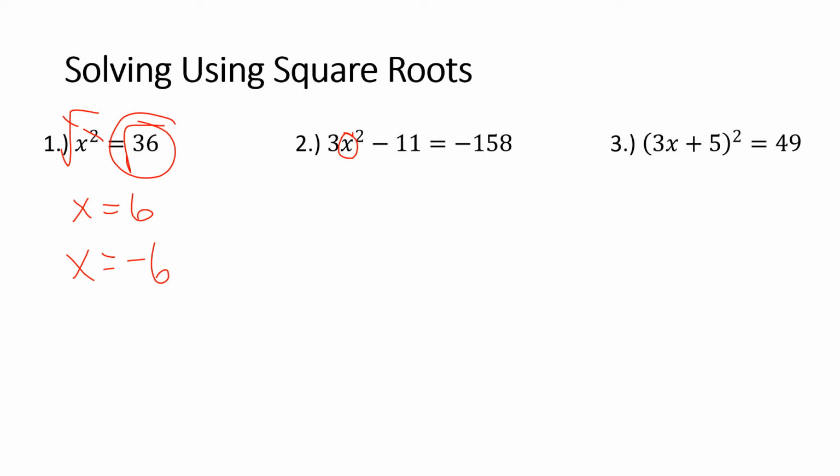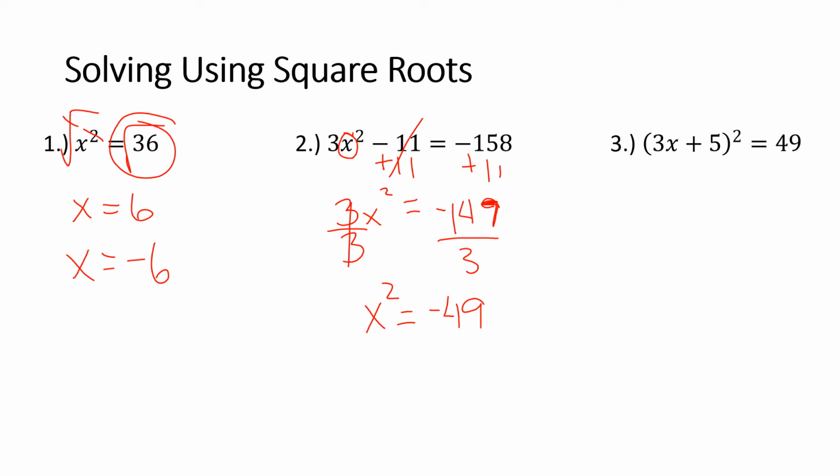So in this problem, I would start by adding 11 to both sides. So negative 158 plus 11 is going to be negative 147. So we'll bring this down. 3x squared equals negative 147. Next, to get x by itself, I'm going to cancel out the 3. We'll simply divide by 3 on both sides, which leaves me with x squared equals negative